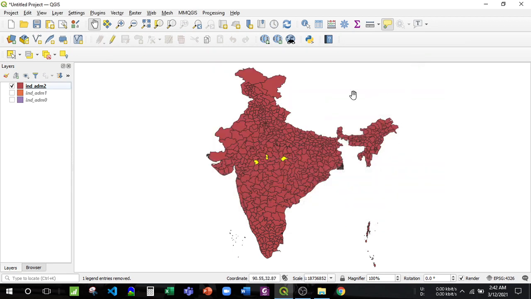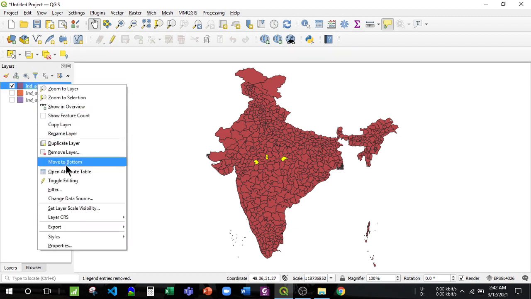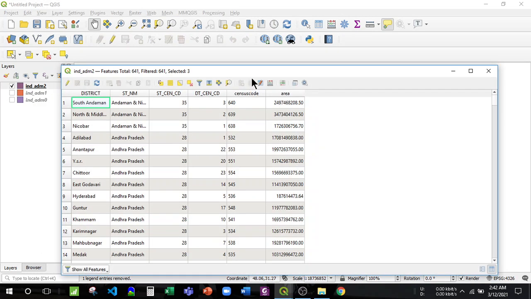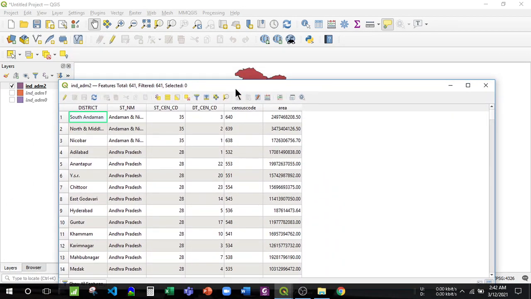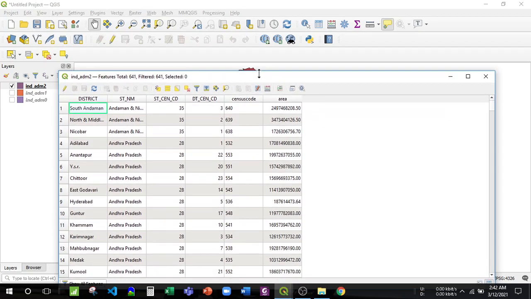Now if I have to make the study area, suppose if I have to take any region and deselect it. Let me click over, open attribute table, and then deselect everything. See, you have to click over here to deselect the districts.